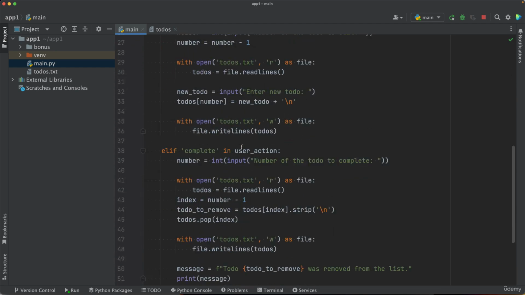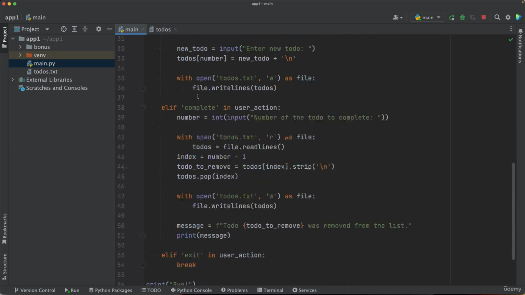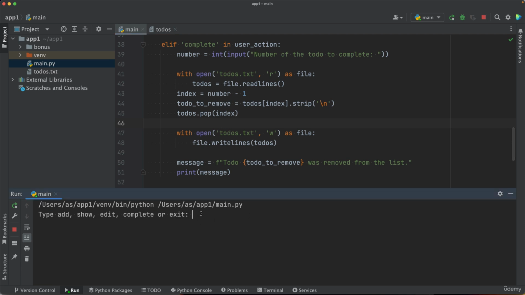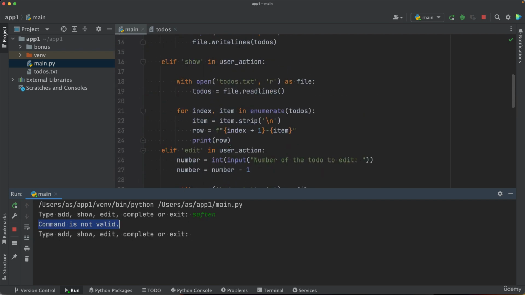We also have something called else. So we have if, we have elif, and we can also add an else here, which works like this. Else, a colon, print, command is not valid, which will be executed if, for example, the user enters something like they didn't enter add, they didn't enter show, nor edit, nor complete, nor exit, but they enter something like crash or soften. So in that case, the program will say this command is not valid,